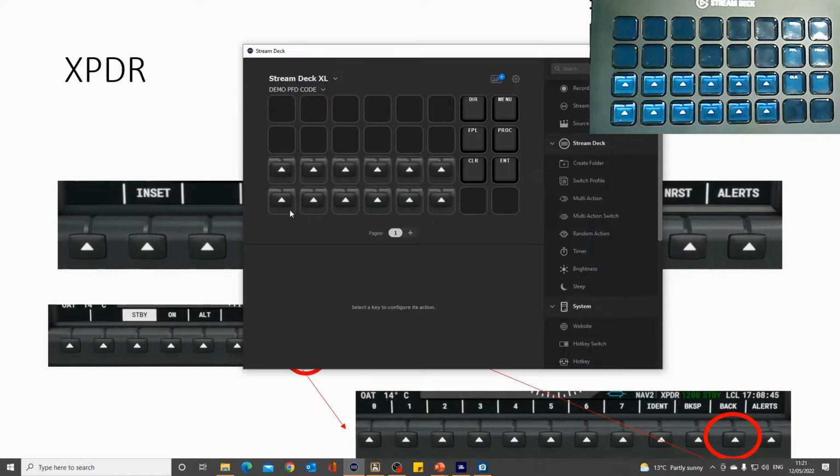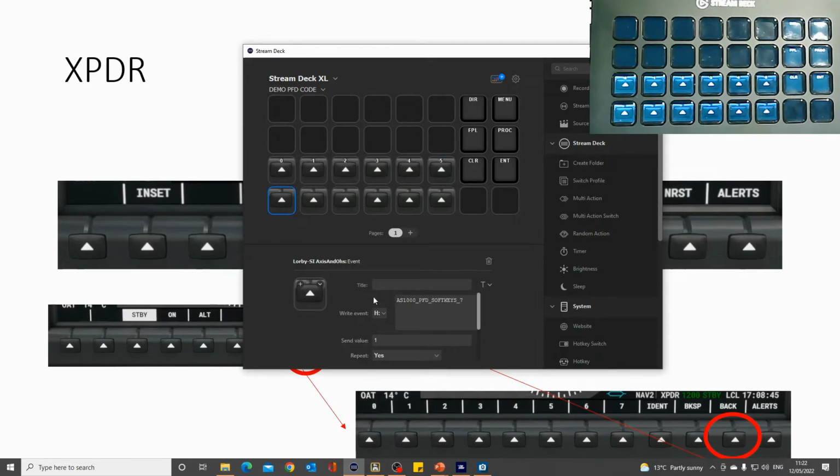And that is 0. One, 2, 3. Very sticky key on that one. 4,